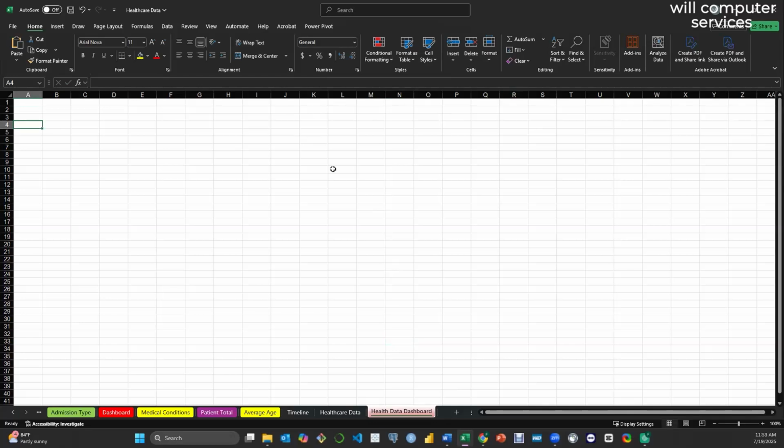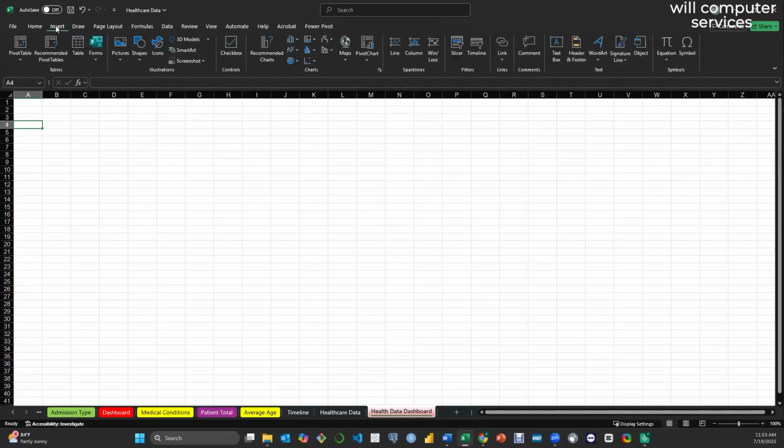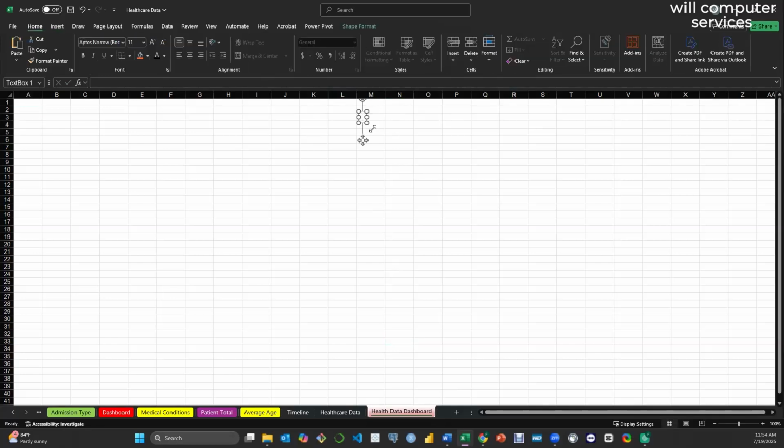So how do you insert the title here? Come to insert, and then when you scroll all the way to text here, there is text box. Okay, when you click on text box and you drag it here, you'll see the little icon show up, and when you click on it, the text box will show. And then inside you can type